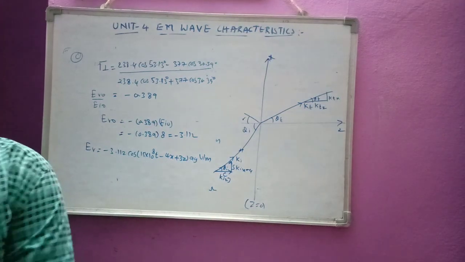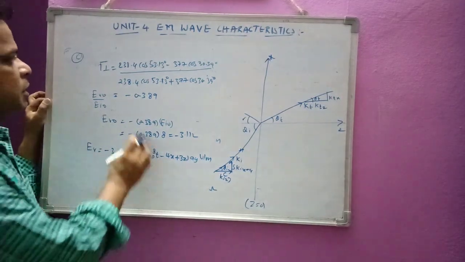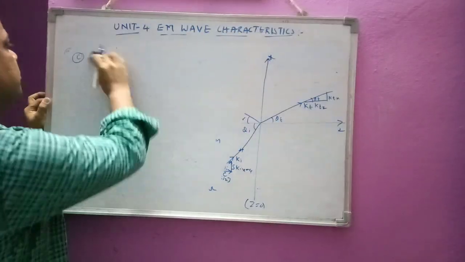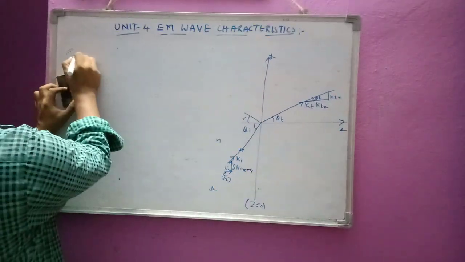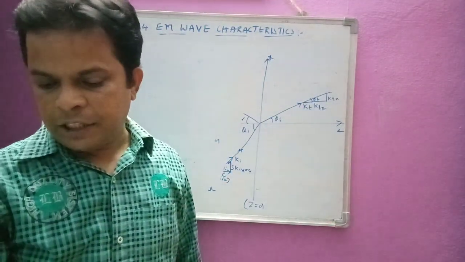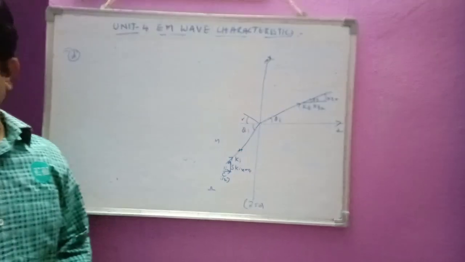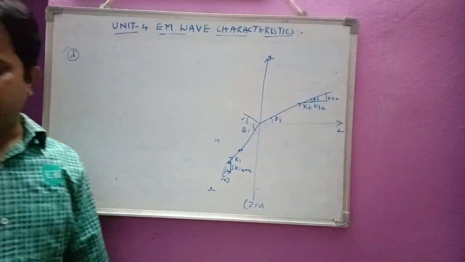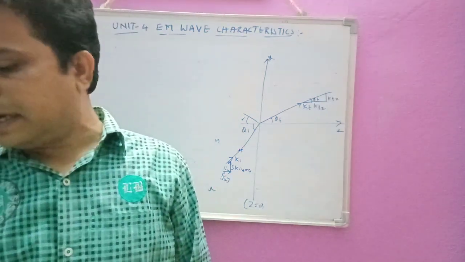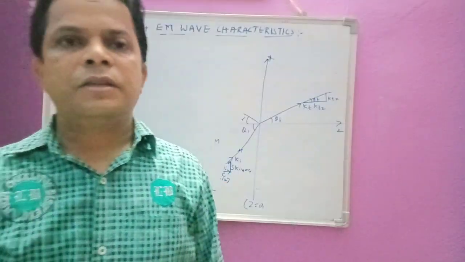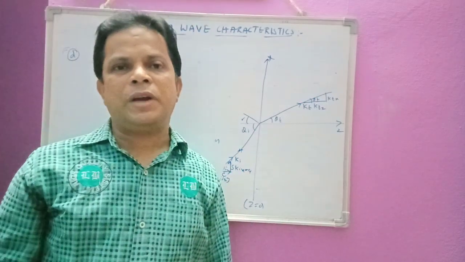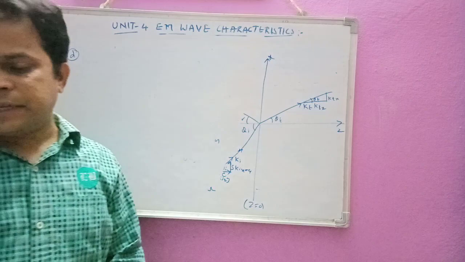Okay, now similarly we will go to the D problem here. Let us see what the D question is asking. He is asking that we find the transmitted H field. Now let us first find ET, and after that we will try to find HT. Why? Because we first need to find the electric field. After finding the transmitted electric field, only then can we find the magnetic field. Okay, let us try to do that.